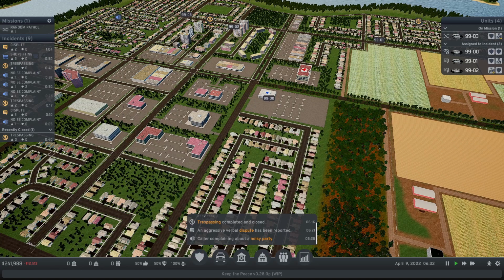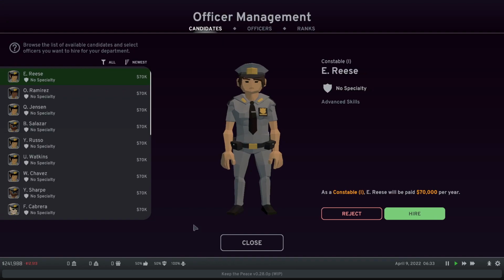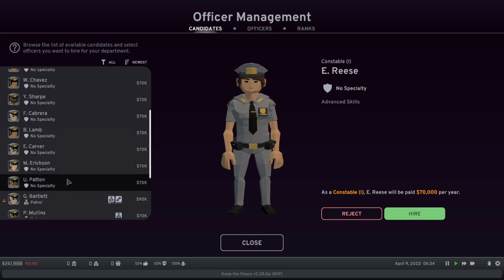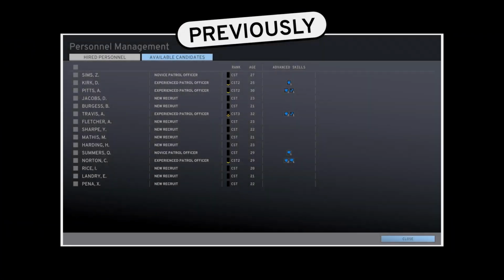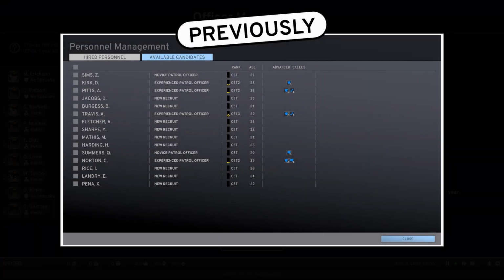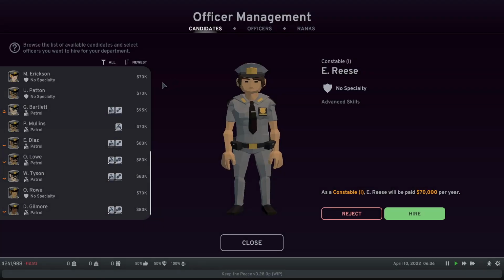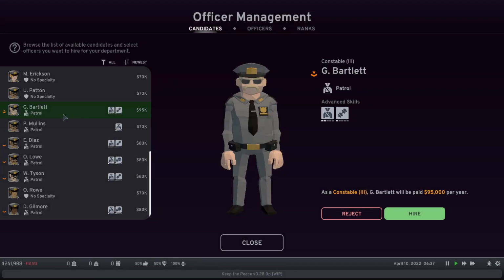I've also made substantial updates to the game's management windows, so if I open the officer management screen, this is the new list of candidates that you can browse when you want to hire new officers for your department, compared to the old version, which was just a dry table of data that had a lot of wasted space. This new version is much more visual, with portraits of the different officers and the ability to click on